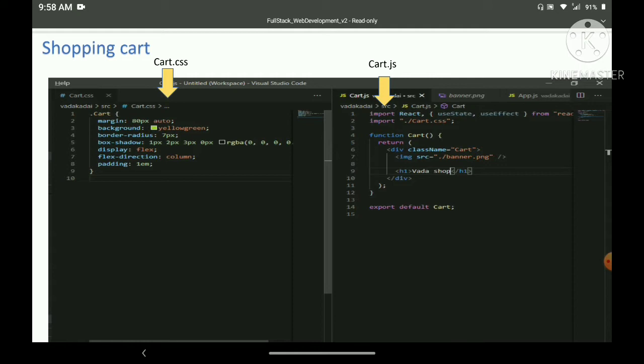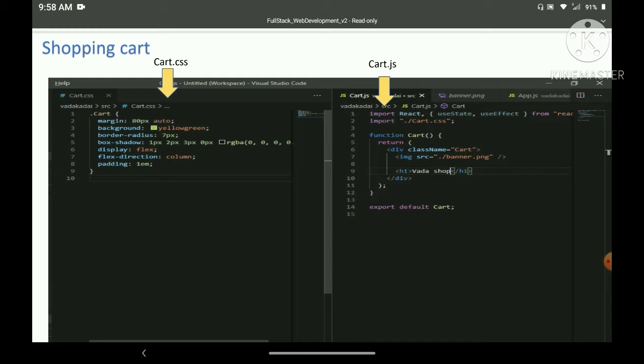particular style class. Okay, so in line number 1 we are including the React libraries, and we are going to utilize the style sheets. The style sheet name is cart.css, so that's the reason in line number 2 I imported cart.css, and the class name is cart.